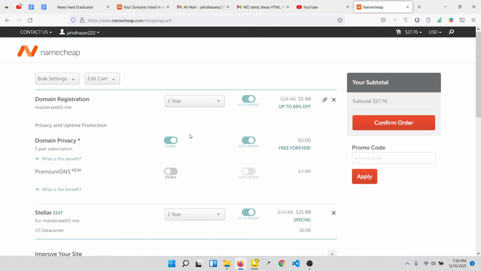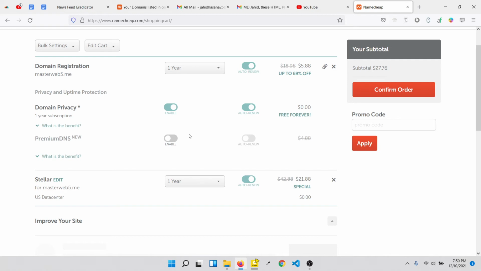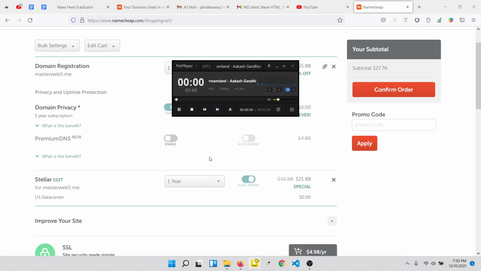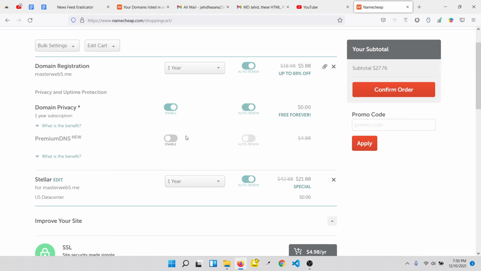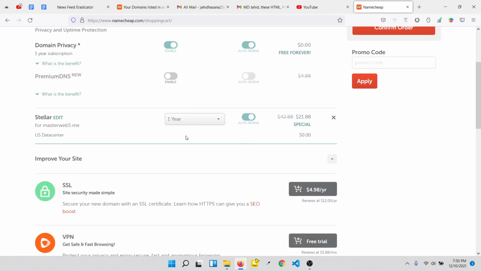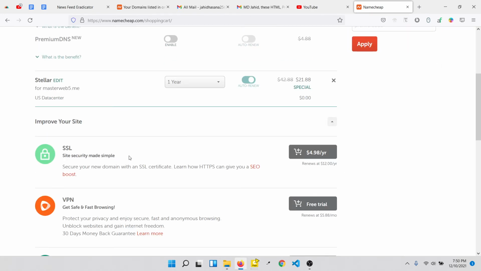Okay, that's fine. So this is the interface of this page. If you want an SSL package under your domain, then you can buy it for $4.98.